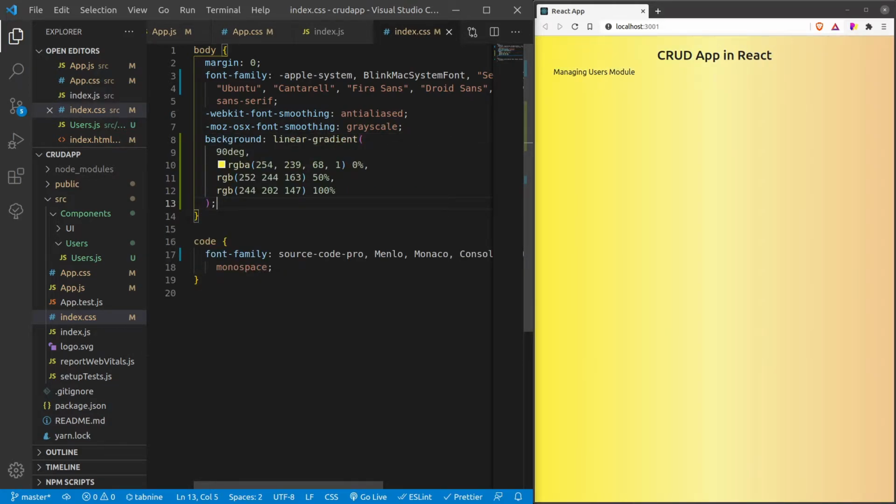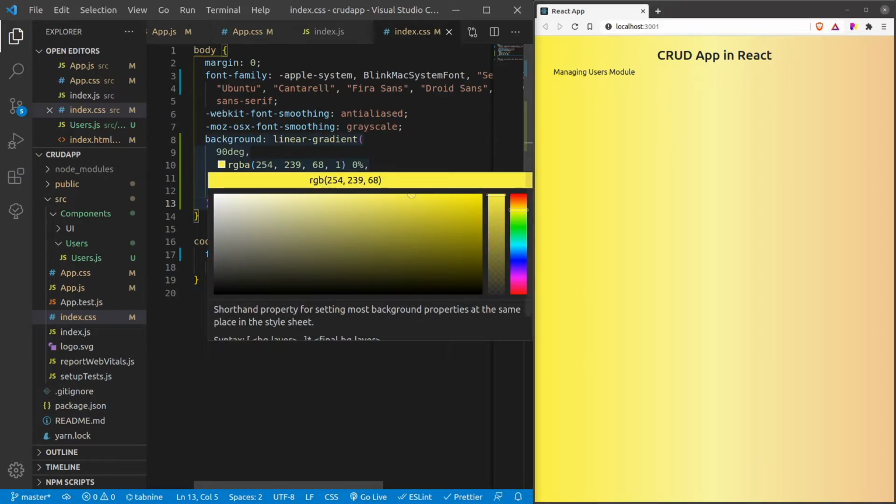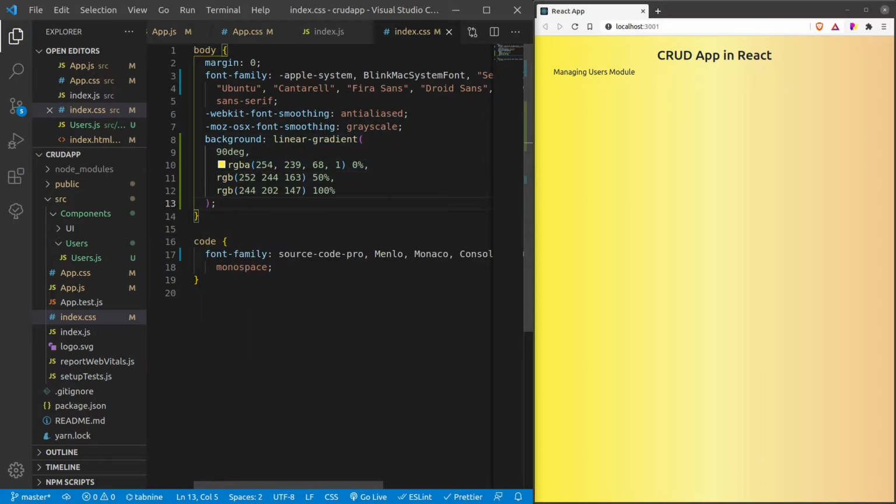So I have added a background color. I have used linear gradient. You can check out the documentation from MDN docs on how to create this linear gradient. As you can see, this VS Code is very handy. You can change the color pattern from here itself. Okay.